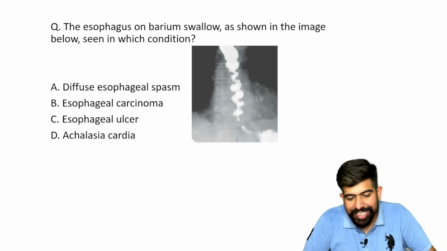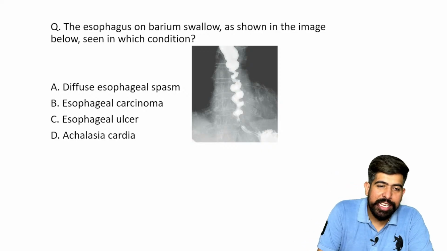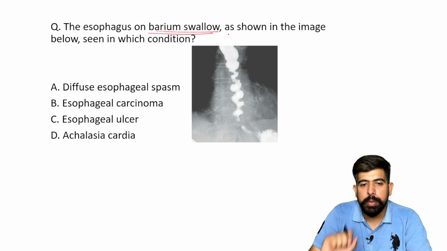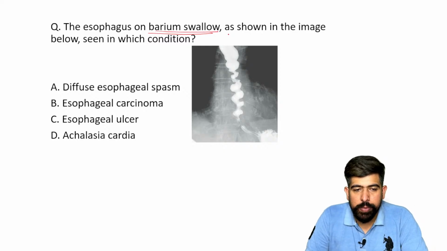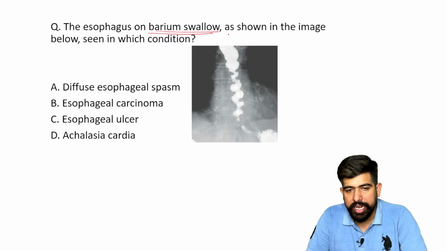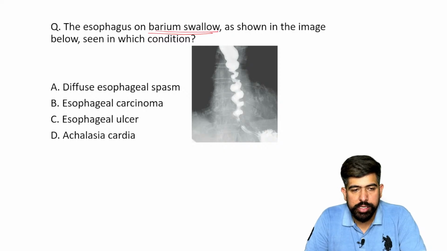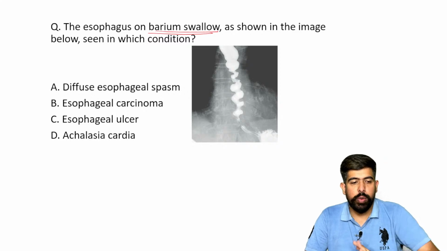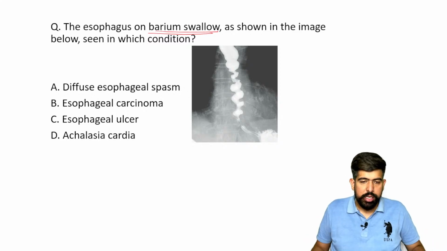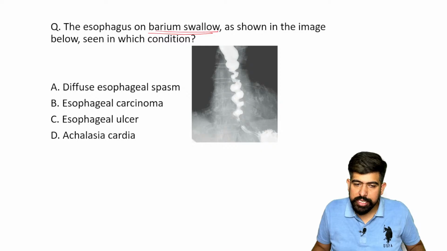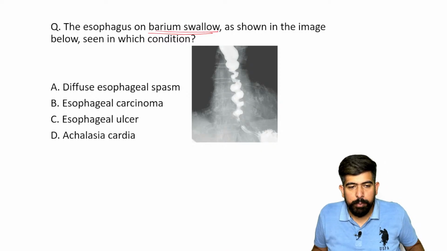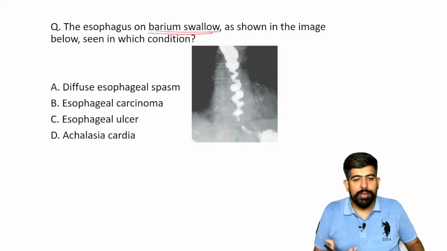Yes, of course, it is clearly written in the MCQ only. The esophagus is seen on your barium swallow. So we gave the patient the barium, and the image is shown below. What kind of diagnosis is there? Please try to answer. I am going to talk about all of it, and please answer the sign which you are going to see over it. Which sign are you seeing? Any special named sign? Yes, this is a barium swallow. Very good. The question is already mentioned, but which sign is it? Can you tell me the name of the sign?